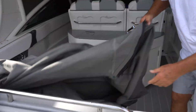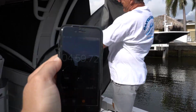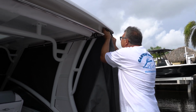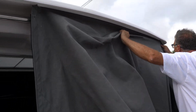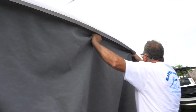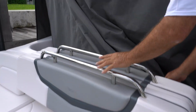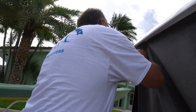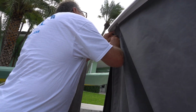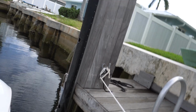Okay? I fear I'm not going to make my 5 minutes. I'm about to hit 5. I'm slowing down. 5 minutes. Okay. So I'm not really racing. Okay. So I'm gonna get this. Zip that all the way down. Now what I'm gonna do is I'm gonna come over here and start this zipper before I get too far. Just about that far. Okay? Now,